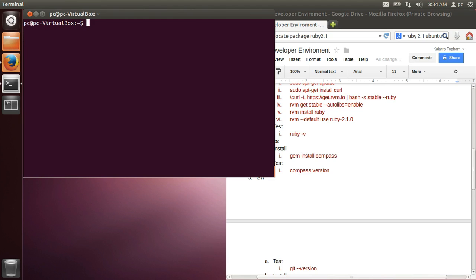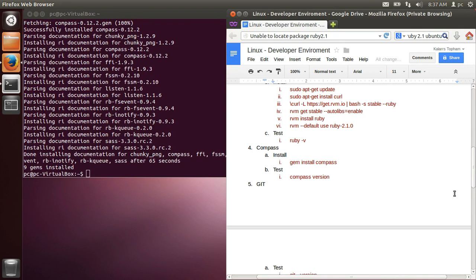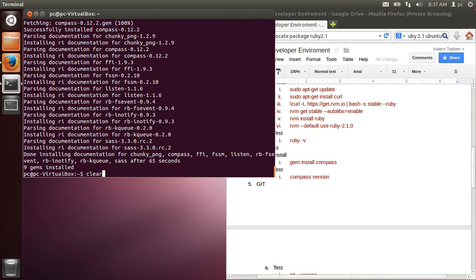And we know we don't have this because we just installed the Ruby, so there's no need to check. Gem install compass. And we'll come back as soon as that's done. All right, that's finished. So let's go ahead and do another clear